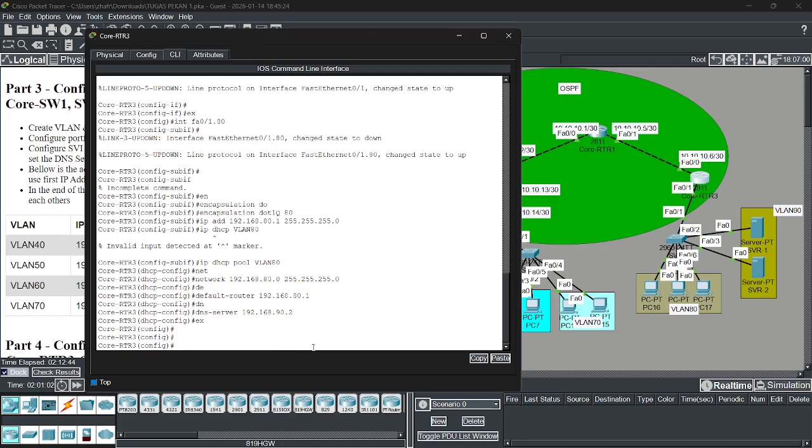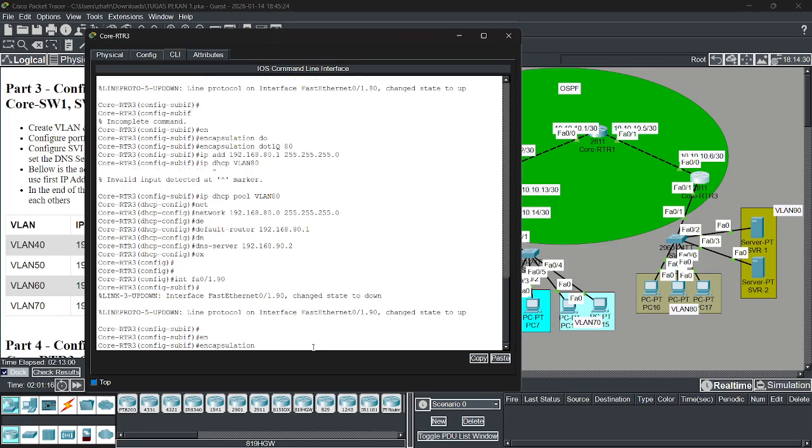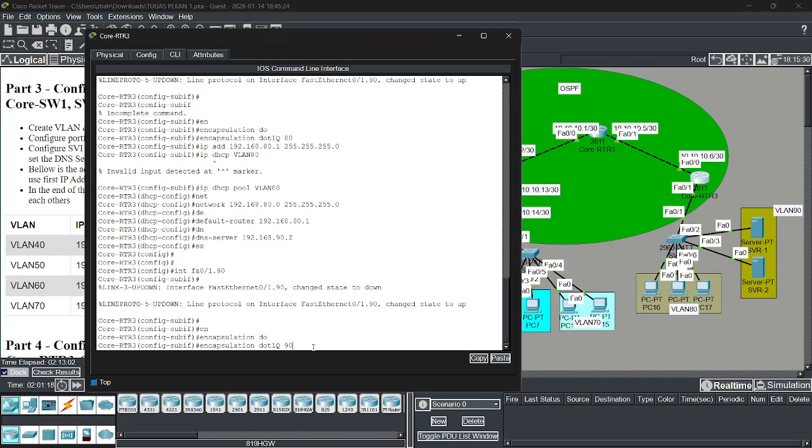And then we add the VLAN interface a0/1.90. Encapsulation dot1q 90.